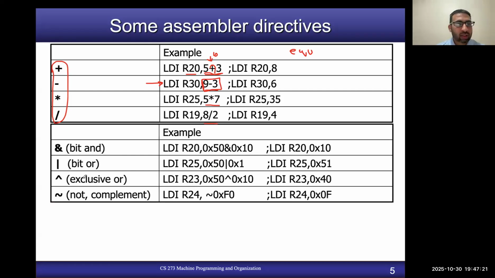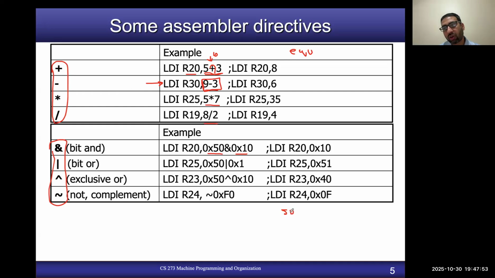Similarly, in the expression which you are using with the immediate operands, you can also use other operations, logical operations as well. So, for example, AND operation, exclusive OR, and NOT or complement, right? But this is a bitwise AND operation. Bitwise means, for example, here when you are saying 0x50 and 0x10, what will happen? First you will do,